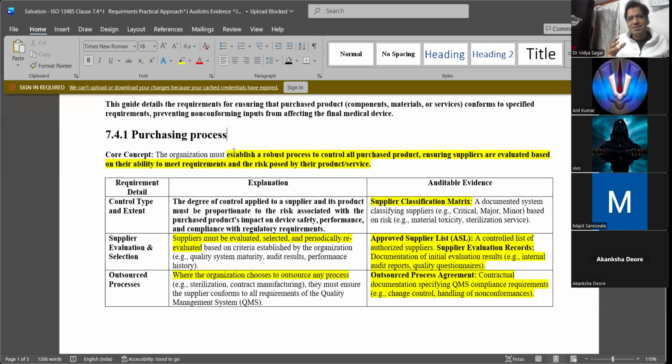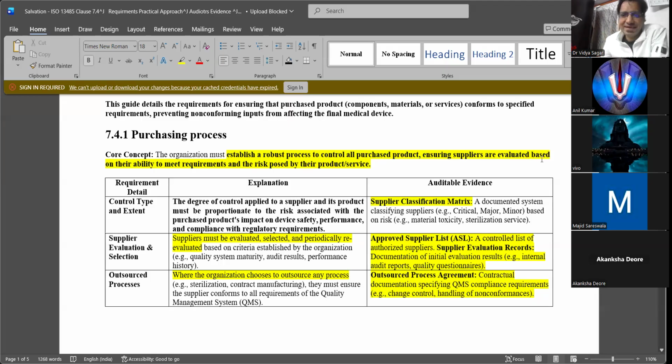So, to my common sense, material should have a direct impact on the safety and quality of the product. The core concept in the purchasing process is that the organization must establish a robust process to control all purchased product.